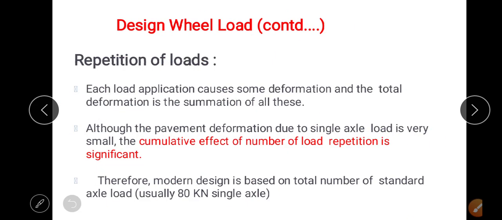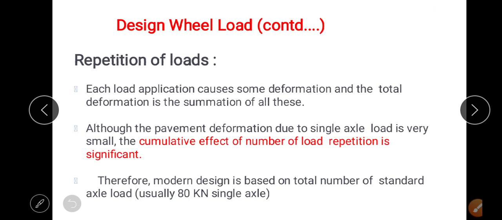Okay? Next, repetition of loads. It is always to be considered, unlike other structures like buildings. What happens in a building? Only load is coming over it: dead load, live load, wind load. Whereas in case of highway, there is no effect of wind load because it is constructed over the solid soil subgrade. No wind load effect is accounted for. But the number of vehicles continuously moving over it means repeated loading, not a single vehicle load.